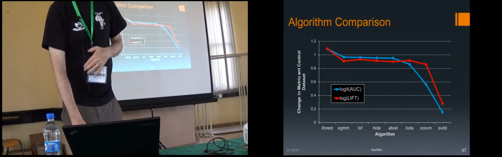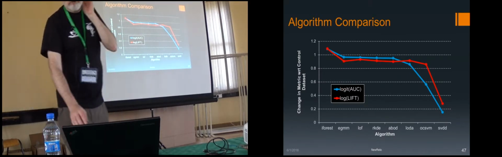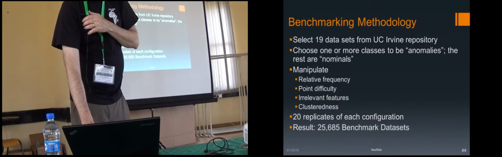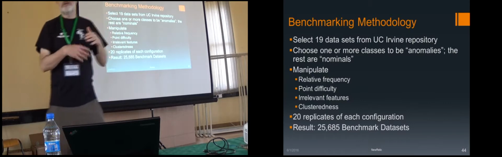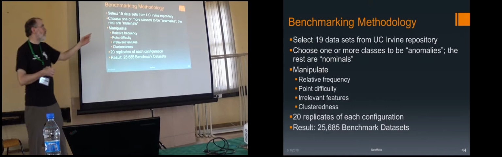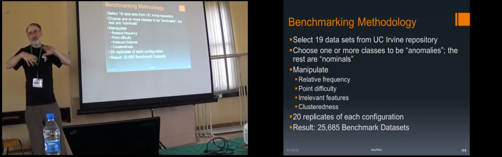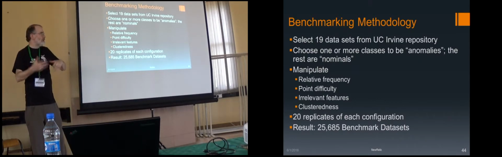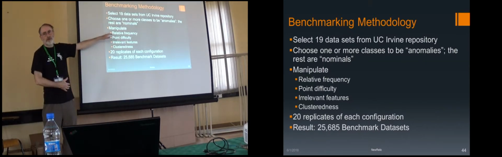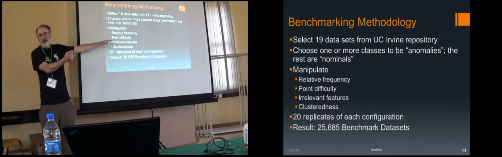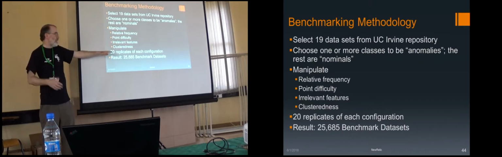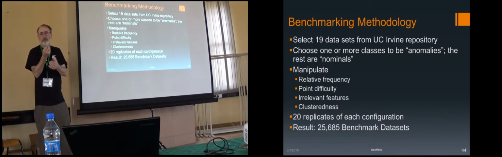So what was the sort of data sets you were? So we were taking UC Irvine data sets. I guess I have a list of them, but 19 data sets. So these were mostly classification and some regression data sets, and declaring some of the classes to be the anomalies and some to be the nominals. And then we were also doing systematic manipulations of various aspects, like what fraction of points are anomalies, how hard are they, how buried are they in the normals. We added irrelevant dimensions to see what the effect of that was,